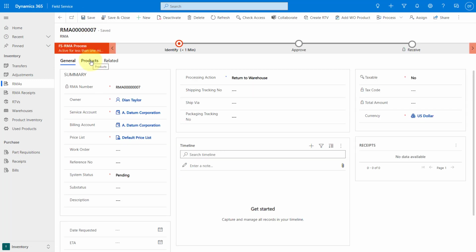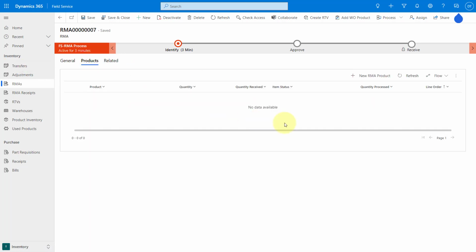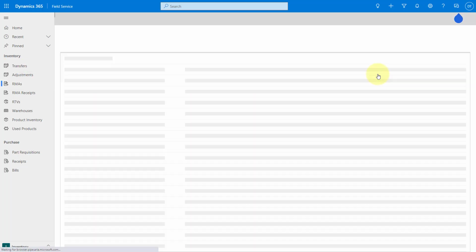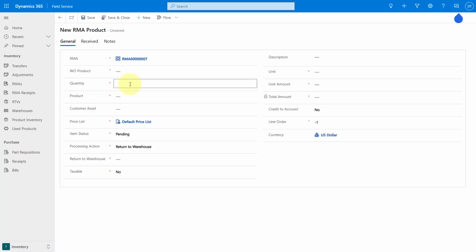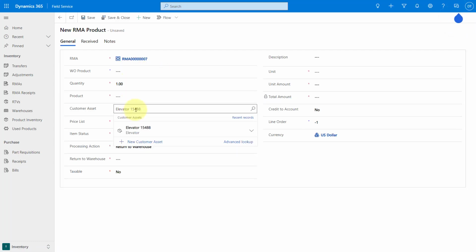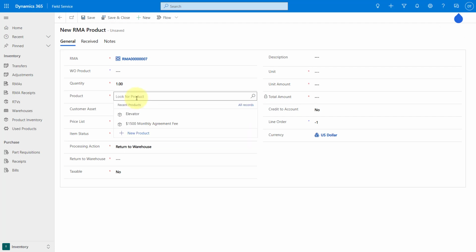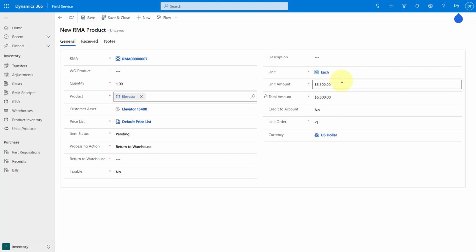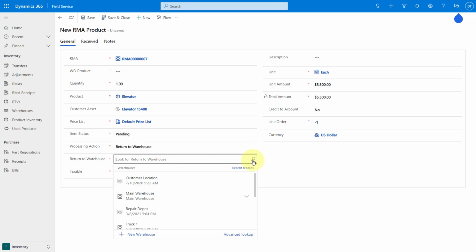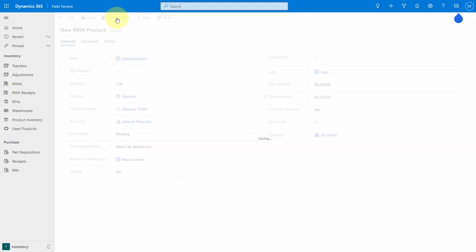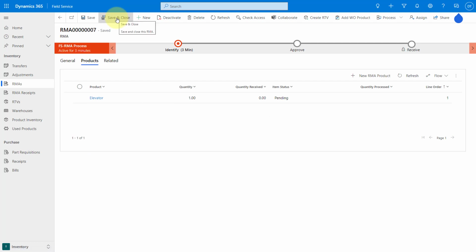Then I'm going to add my RMA products. So I'm going to create a new RMA product here, and the quantity is 1, and it's elevator 15488, and this is an elevator. So you can see that it then fills out my unit amount, total amount, etc. And then since this is a return to warehouse, I'm going to send this to my repair depot over here. So I'm going to go ahead and save and close that, and that should then kick off my Power Automate